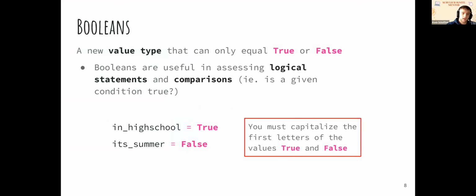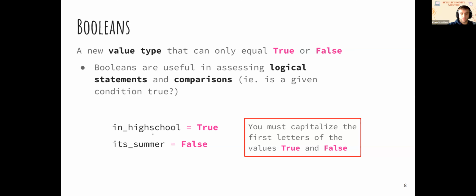So let's get into Booleans and comparisons. I think it was in our first session that we talked about different variable types, like strings, integers, floats, and stuff like that. We actually have one more and it's called a Boolean. A Boolean variable is a variable that can only be set to true or false. They're useful for checking logic, checking conditions, and comparing things.